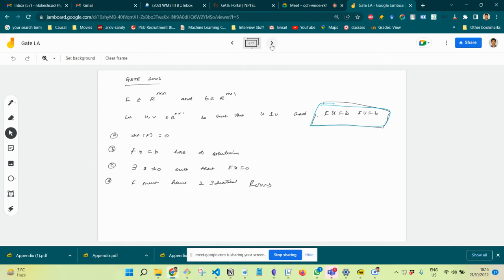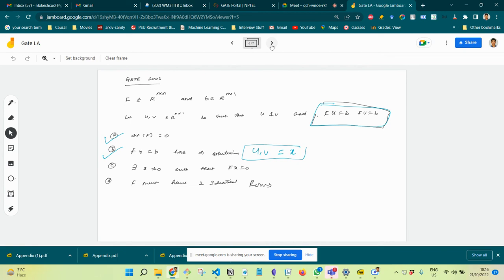And now, if you backtrack, if a matrix has infinitely many solutions, we know that the determinant of that matrix should be equal to 0, right? And that is why option A becomes immediately correct. All right, and option B also we just saw. Fx equal to B has infinitely many solutions, right? Because both u and v are valid substitutes for x. When you substitute u and v, basically Fx equal to B is satisfied, and because a matrix has two solutions, it should have infinitely many solutions,